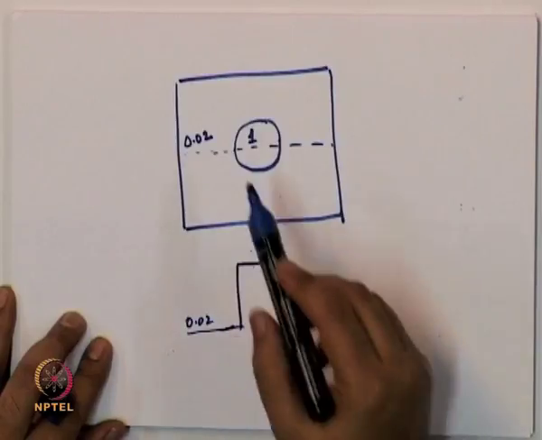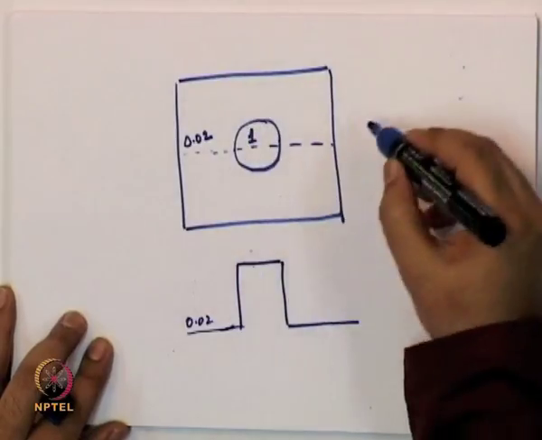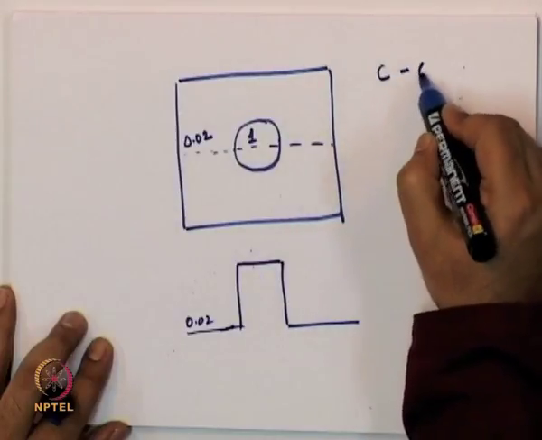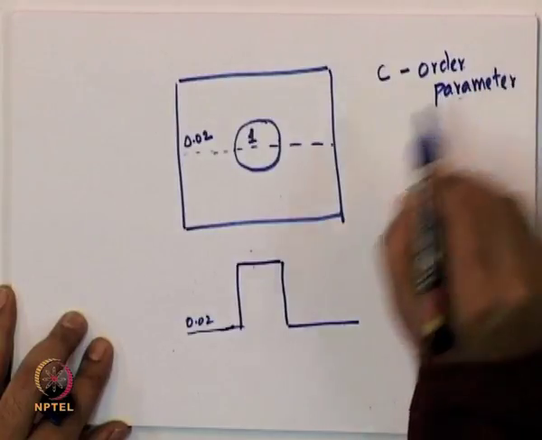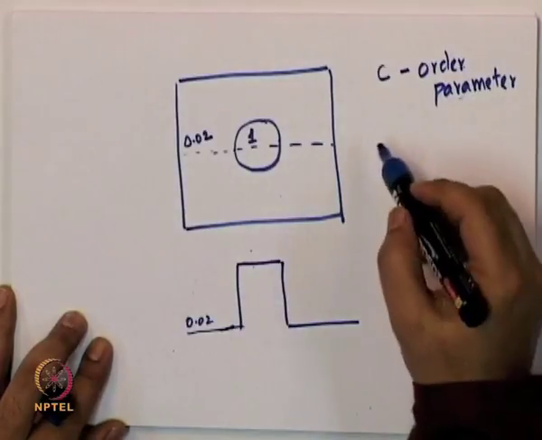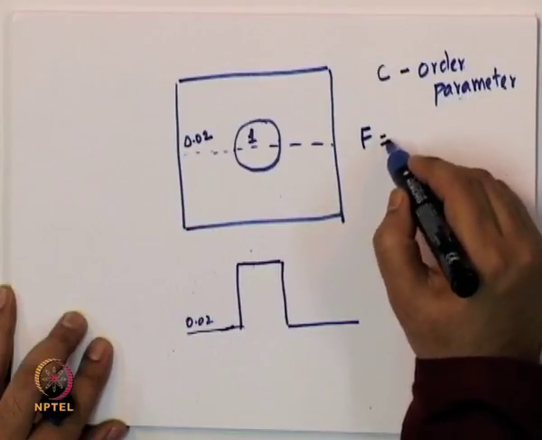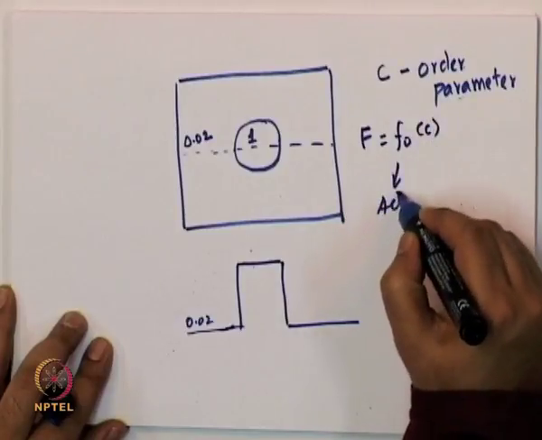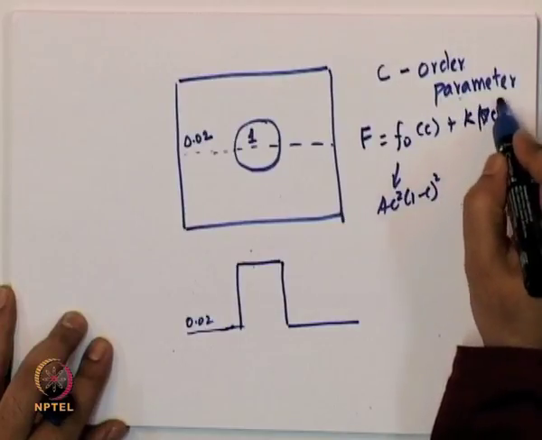In such a case, what happens, because this precipitate now has a curvature. As we did last time, we are going to describe a phase field model. So, composition is my order parameter. I have decided that I am going to describe my system using the composition order parameter. It is a conserved order parameter. So, we are going to write the Cahn-Hilliard equation later, and I am going to assume a free energy functional, which is nothing but f0 of c, and f0 of c, as usual, I am going to assume is A c squared into (1 minus c) whole squared plus kappa (del c) whole squared.